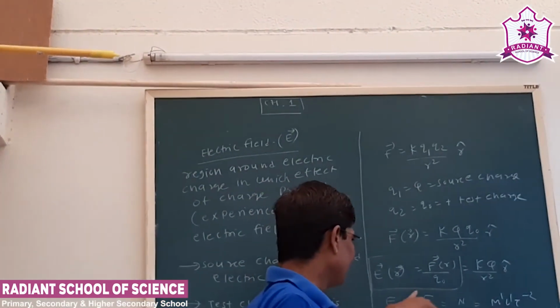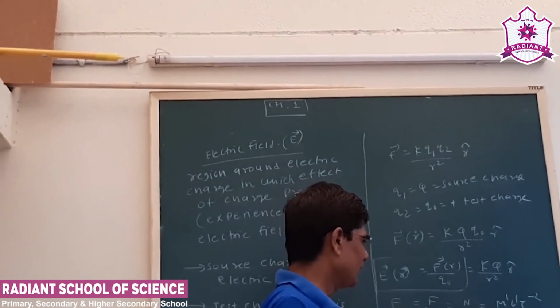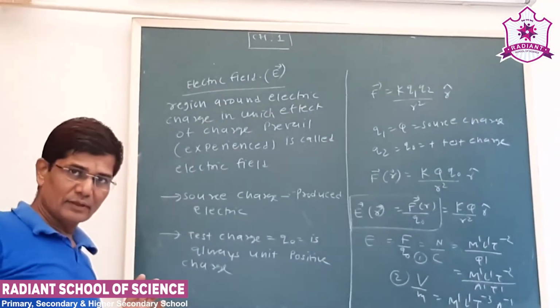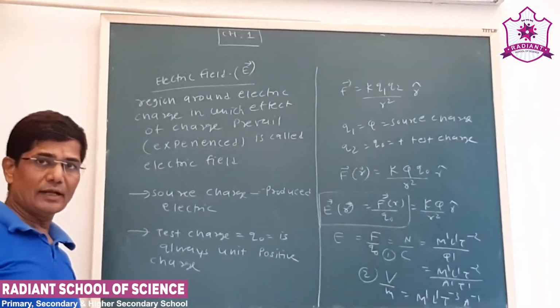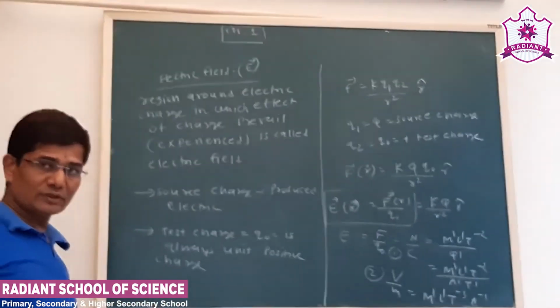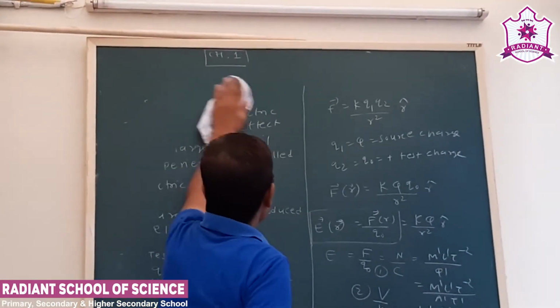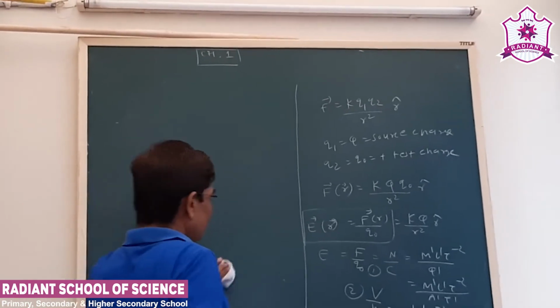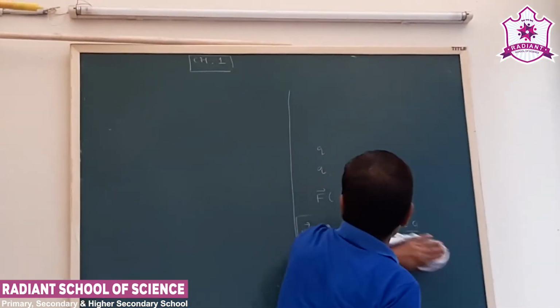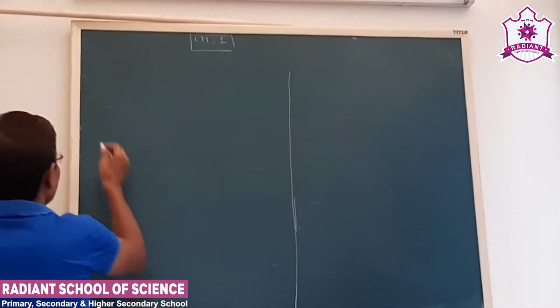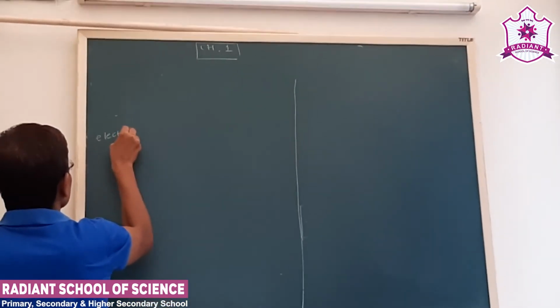Okay, now electric field is force upon charge, we have derived the unit and dimension. Now this is the basics of the electric field. Now we talked about source charge. Now we have to see in detail which charge can produce the electric field. Okay, so there are different combinations. So the electric field can be produced by